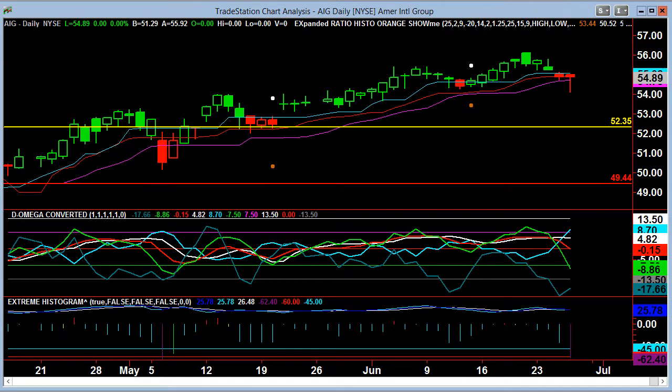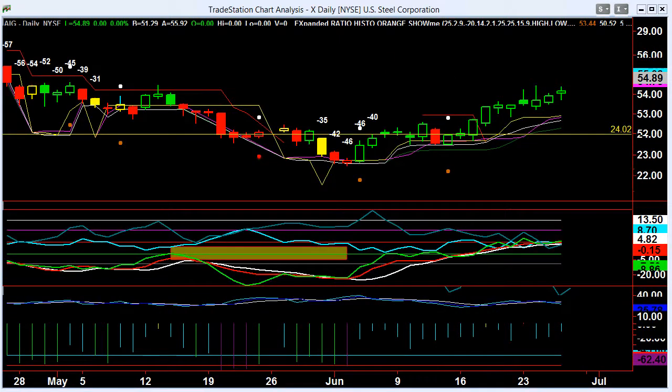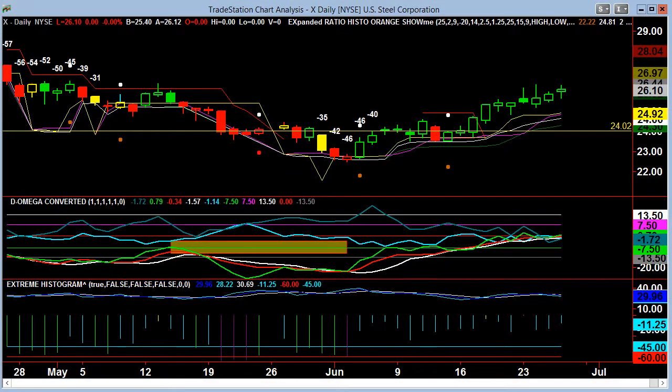euro. AIG had done a brief dip from the crossover, held up pretty well, despite the dip moving below, came back, got above the ABM at that particular point. Did reach oversold too with that move below the extreme. X continuing to float slightly higher as you get the rise up there of the